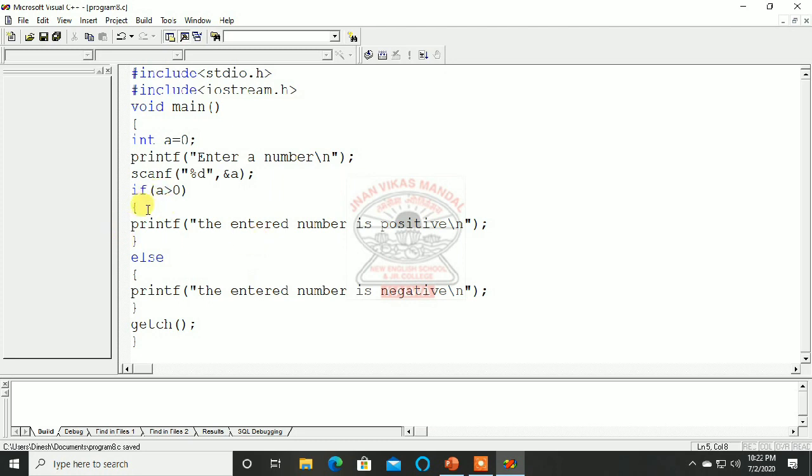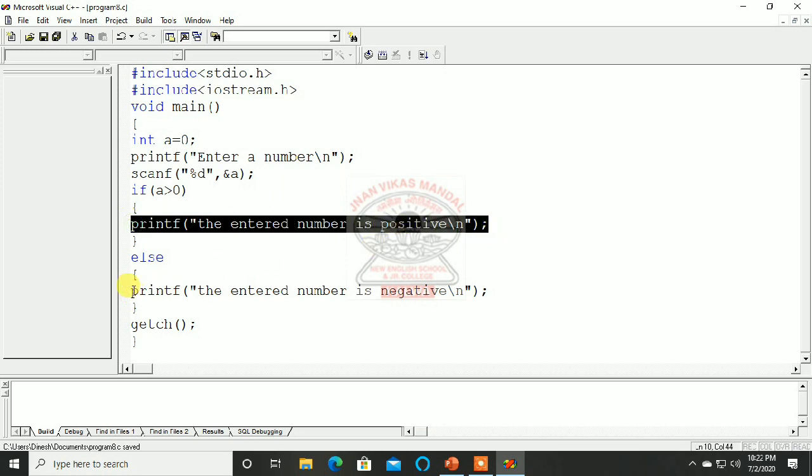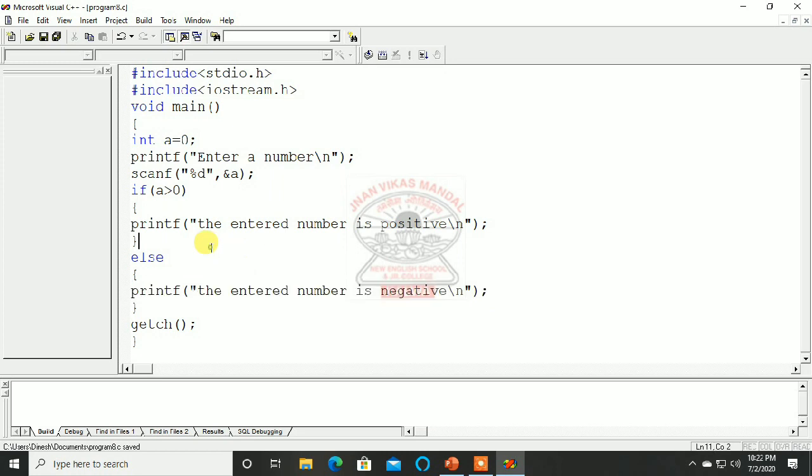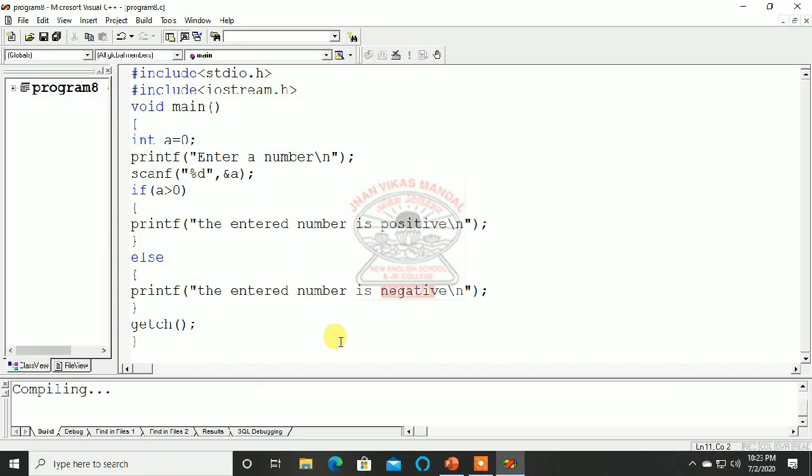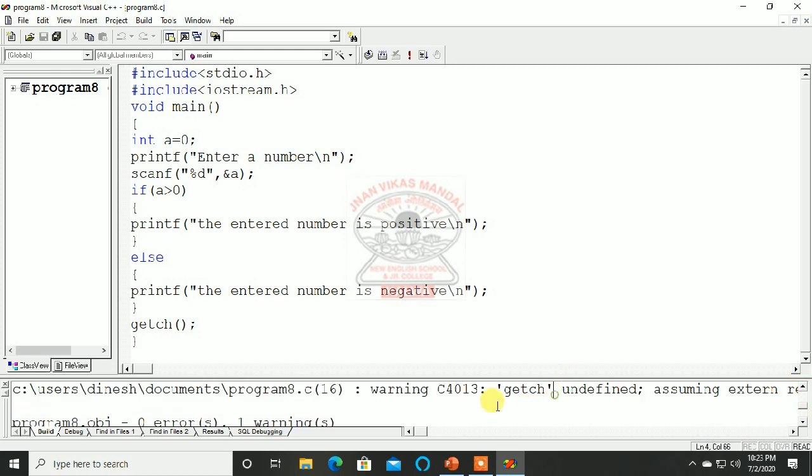We use the if statement. Now how it is working here: we are checking with the expression. This is the expression part, and this is the statement for the condition true, and this is the statement for the condition false. So if a is greater than 0 and it comes true, this will be executed. If it is false, then this will be executed, and the program will come out afterwards. So let's check whether we have written it syntactically correct, or whether we have made some mistakes. Let's see. Yes, there are no errors, only one warning, because of getch, of course. It is not needed here, but for keeping the habit we have typed it here.